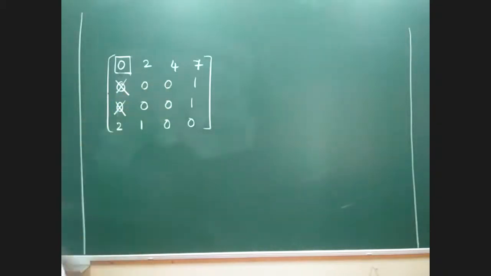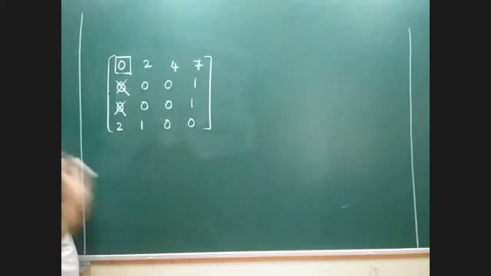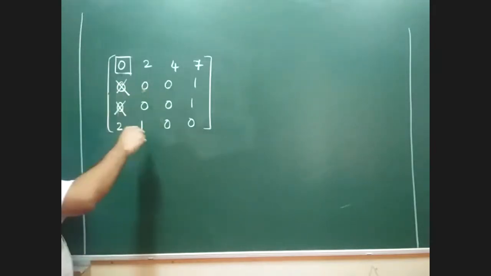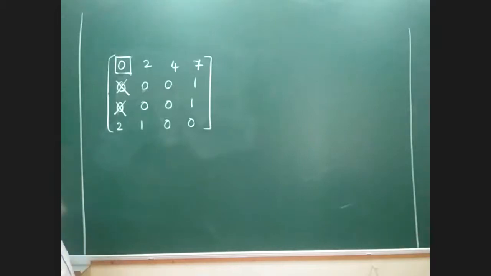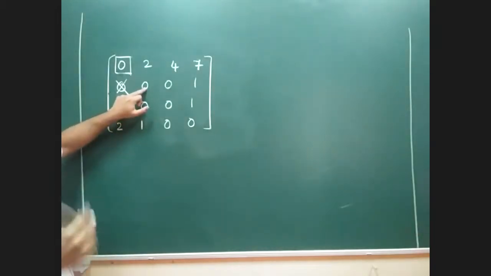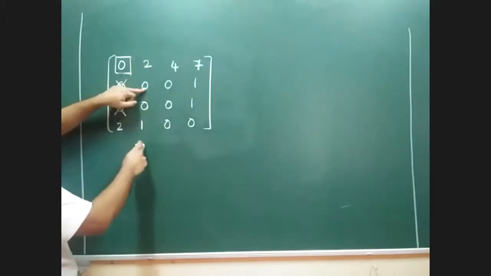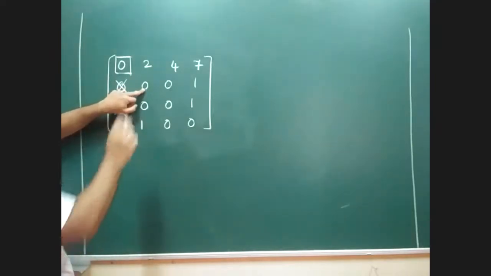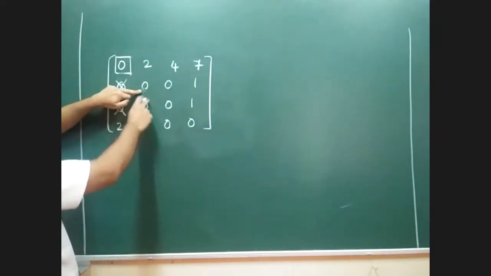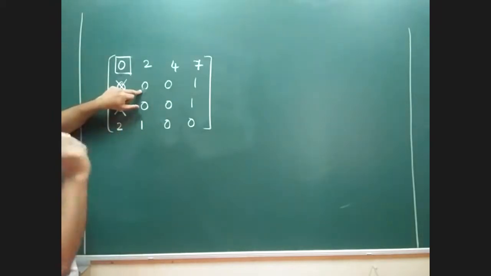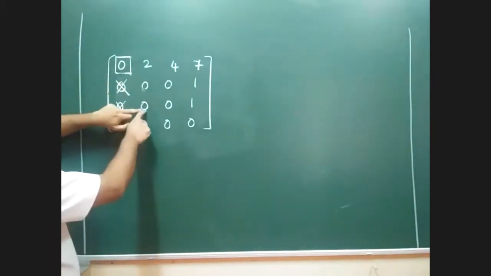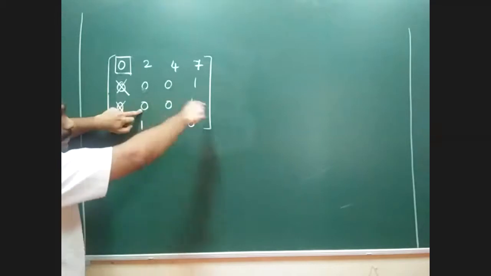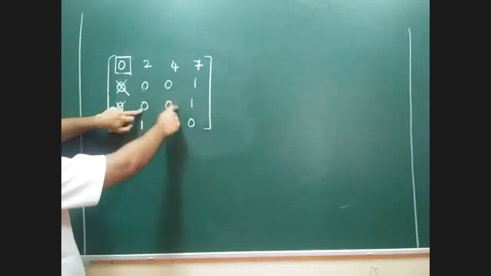Check one simple principle. Suppose I've decided to allocate this one. I should see what the consequences of that are. If I'm selecting this, we all know that all the zeros in that particular column will be blocked. Correct? If I'm doing it, automatically this will get blocked. I should see the condition. What is the condition? Suppose I'm blocking this zero, I should see whether there is at least 1 zero left in that particular row, so that the allocation is possible for that.